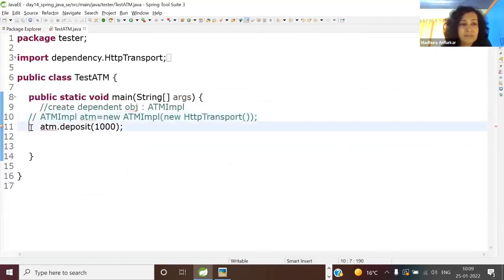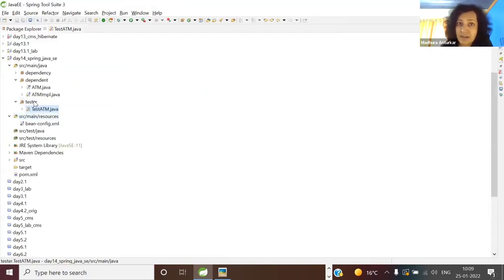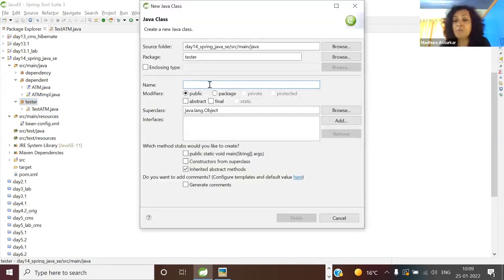So I'll just comment this out. And let us write in a minute, test Spring, and stop there. So here, click on tester and let's create a new class here to test bootstrapping of Spring, or I'm just saying it as test Spring container.